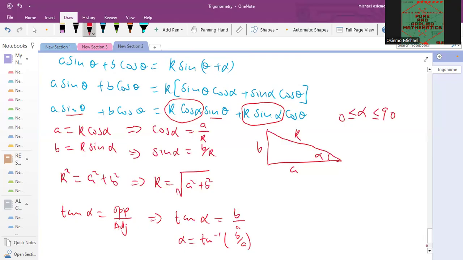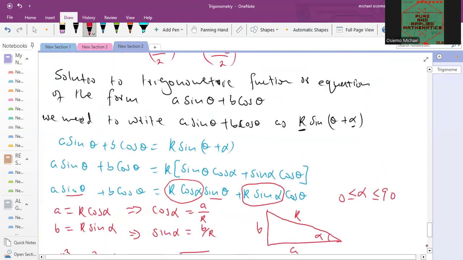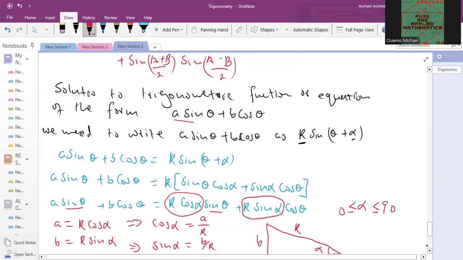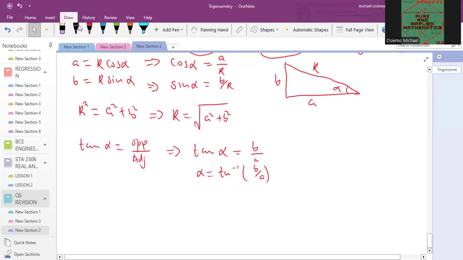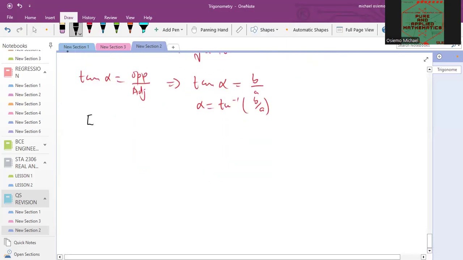It means it's now possible for us to write the expression a sin theta plus b cos theta into that. Now I want us to do an example. Let us take an example. We've been told, given